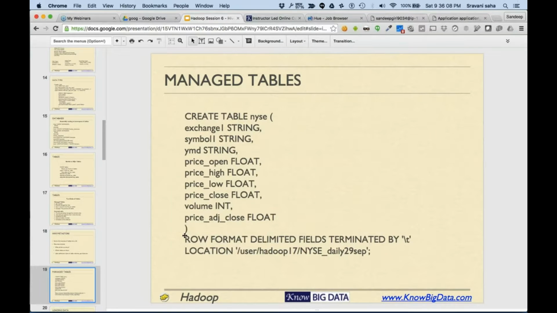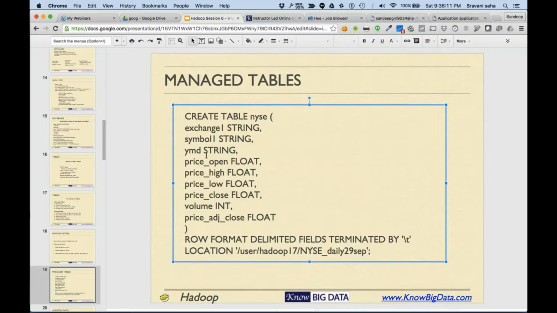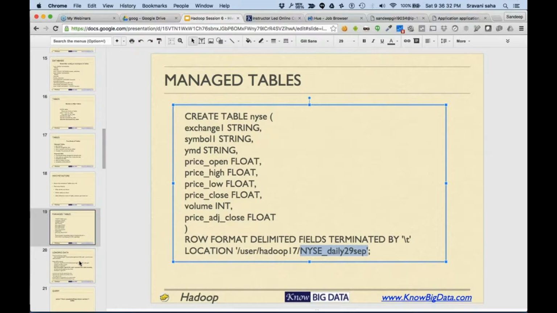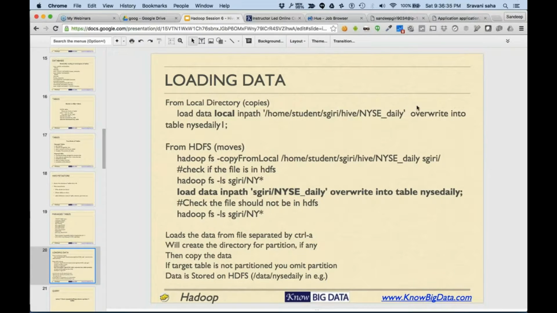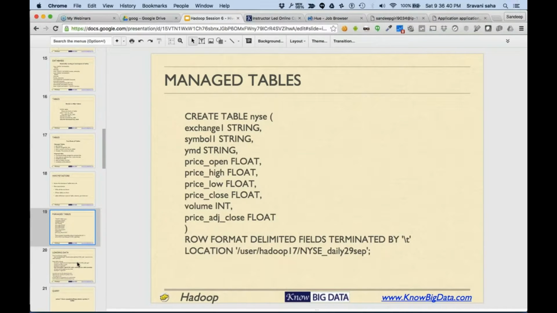Now let's look at the managed table. We are creating a table called NYSE, with exchange, symbol, and all the other columns, and it's basically loading the NYSE data.